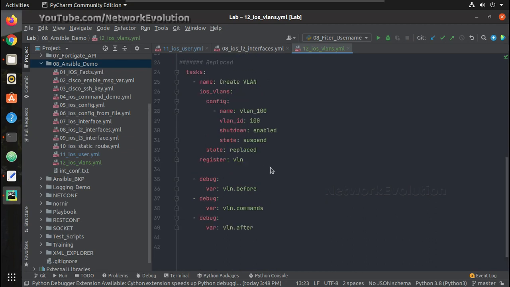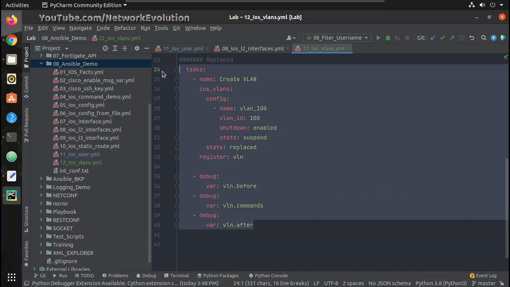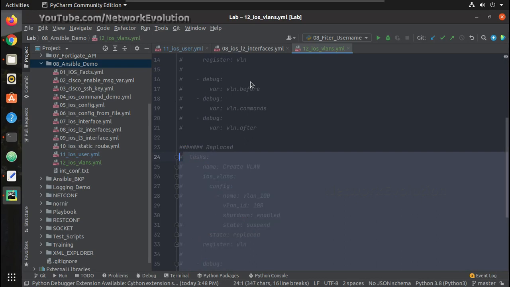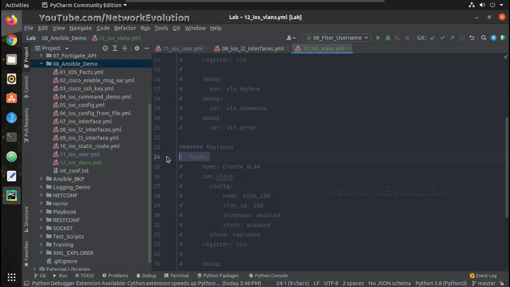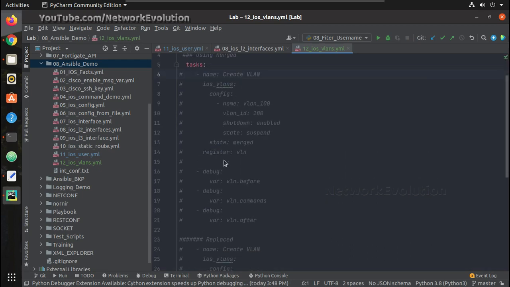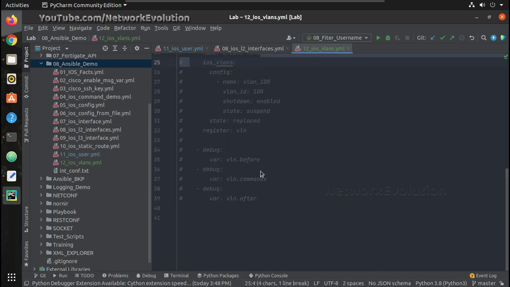Now we will see how to create multiple VLANs using the iOS VLANs module. For that we'll copy the previous replaced script. Here one thing we can do is keep tasks here so that we can have multiple tasks configured under that.